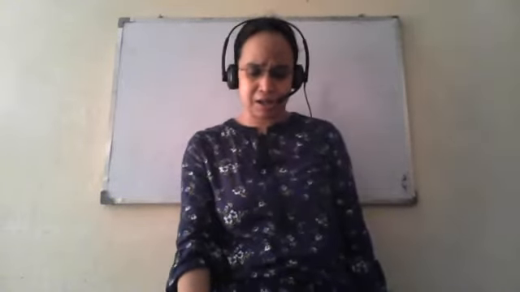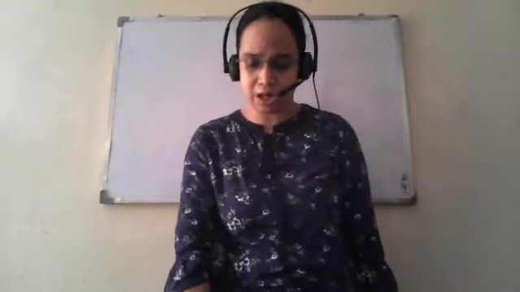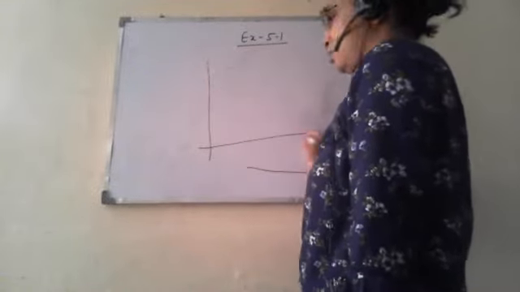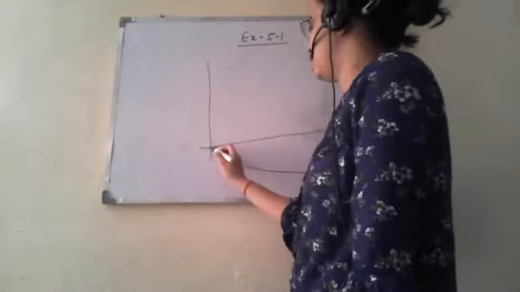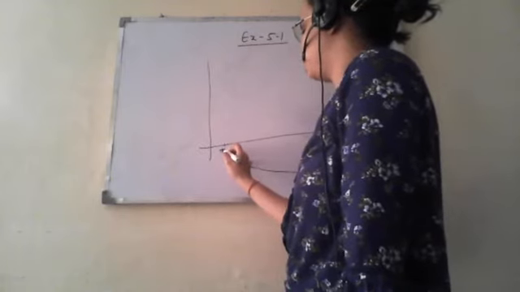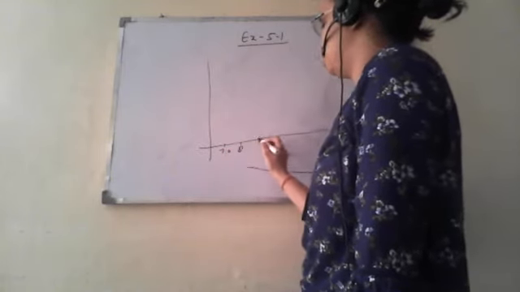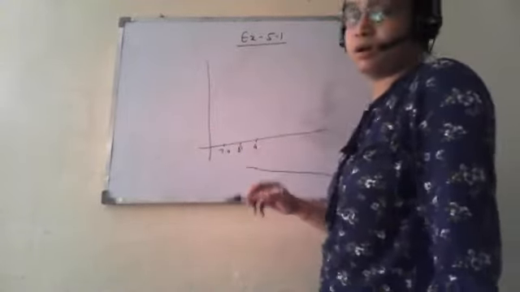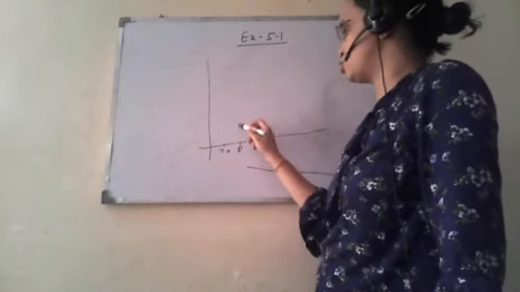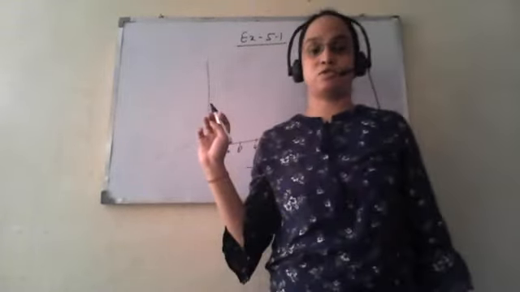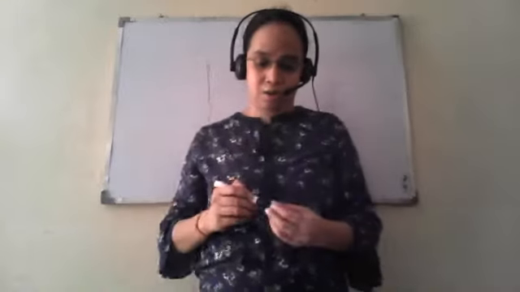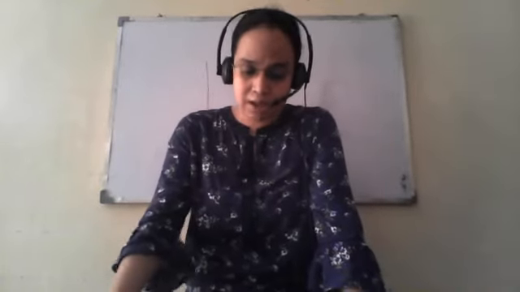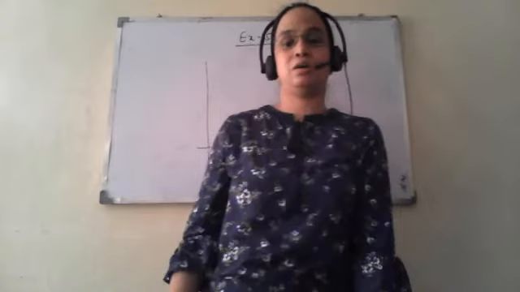The next part is number of passengers boarding a train from 7 a.m. to 7 p.m. In this case a histogram can be plotted. We will start from 7 to 8 a.m., 8 to 9 a.m., and so on up to 7 p.m. The number of passengers boarding the train between 7 to 8 will be some value, so it will be a continuous bar graph. So in this a histogram can be plotted. Okay, so this was question number 1 of exercise 5.1. I hope the concept of histogram is clear. The next question we will do in our next video. Thank you.